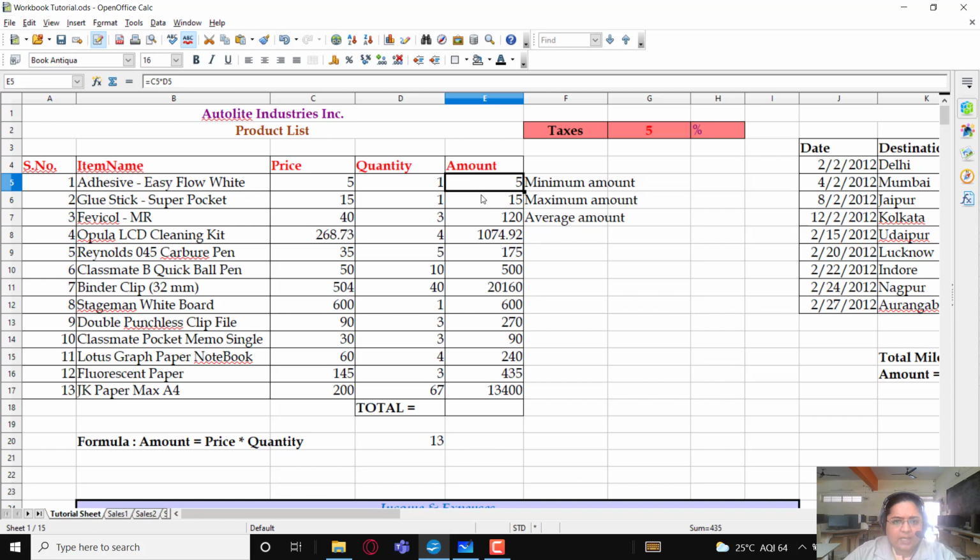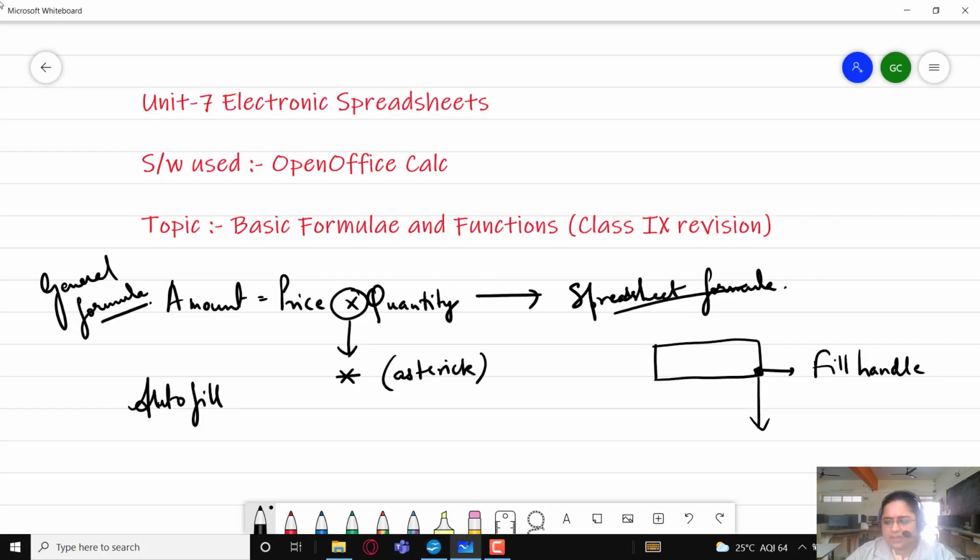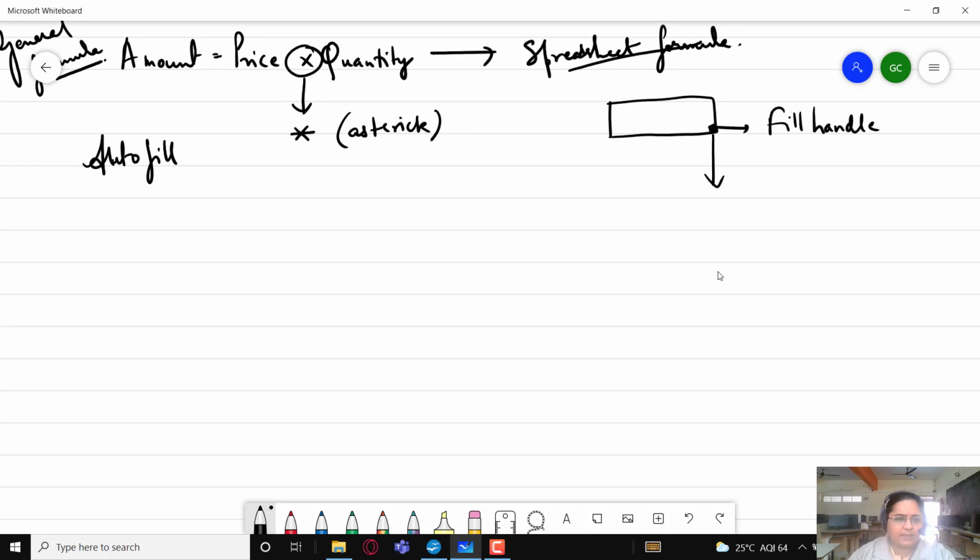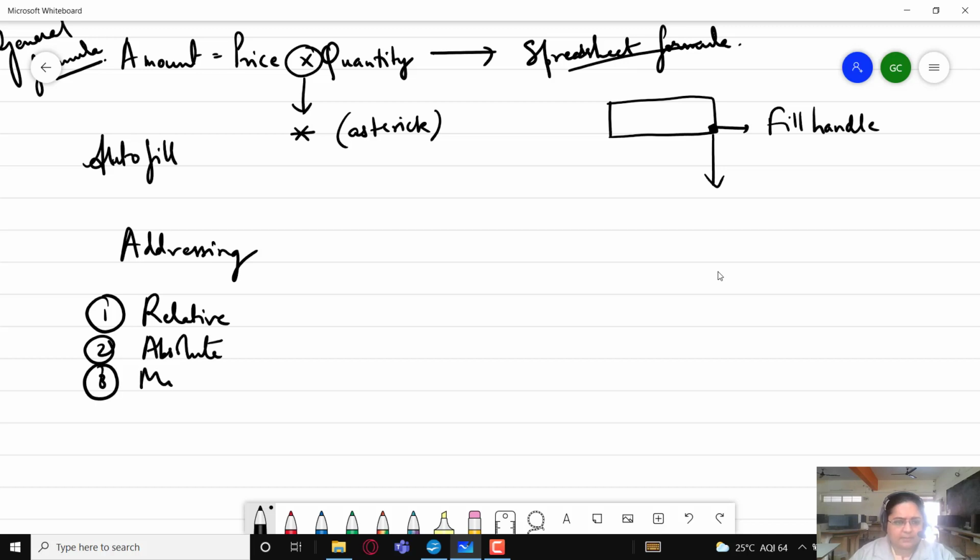Now here the type of addressing which we have used is relative addressing. Students, types of addressing in any spreadsheet application is very important. We have basically three types of addressing in any spreadsheet: relative, absolute and mixed.